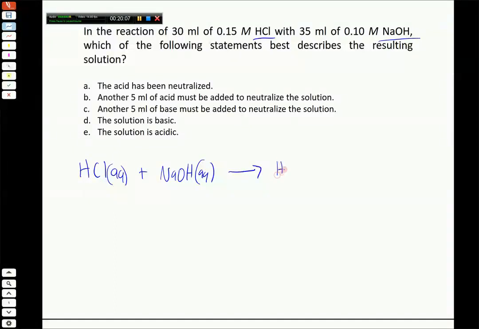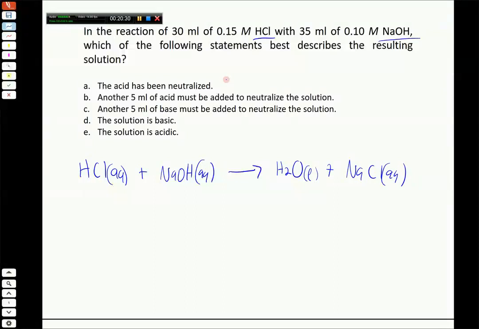And then the two products, which we don't really need to know for this problem, are going to be water and then the salt, sodium chloride, that forms from the counterions of the acid and the base. So this is the balanced chemical equation, 1-to-1 ratio. And so when we talk about the acid being neutralized, or the solution being neutralized in general, what that means